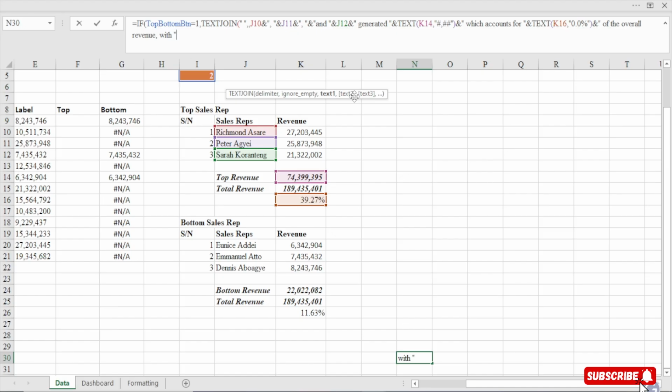So end the with, concatenate it with, then we select this person, they say, comma, being with Richmond Asari being ranked first among